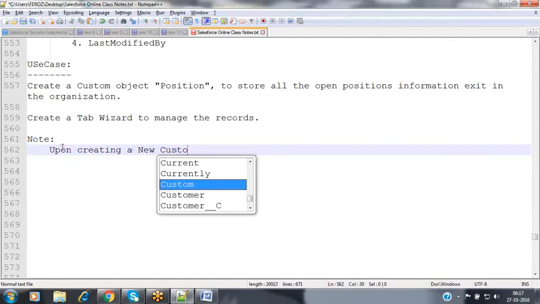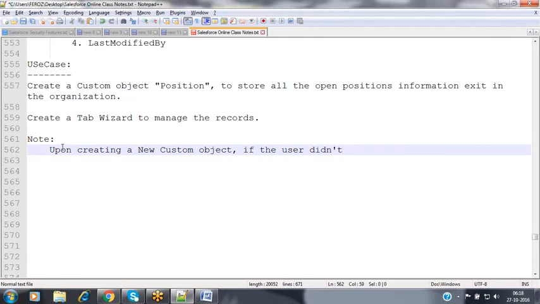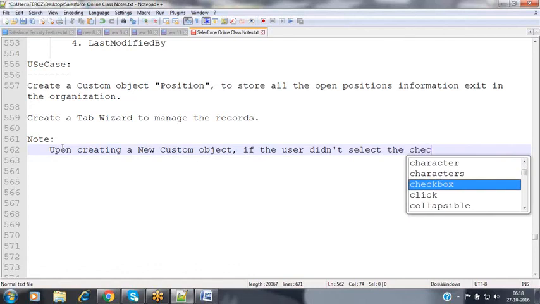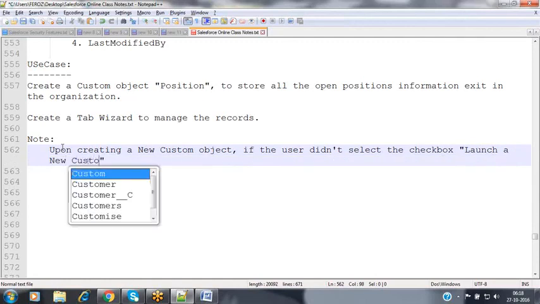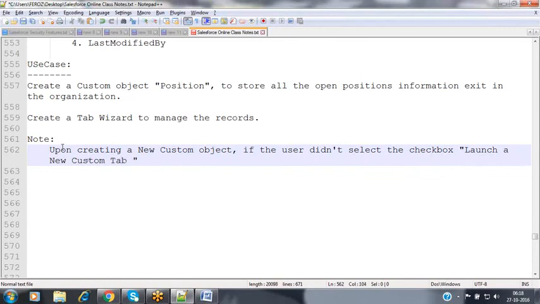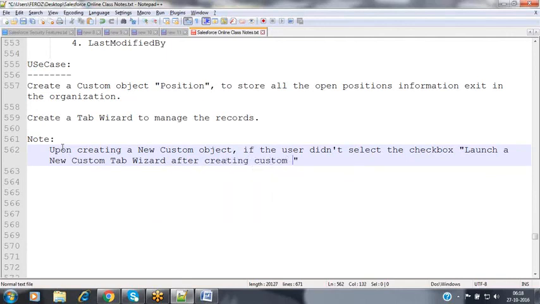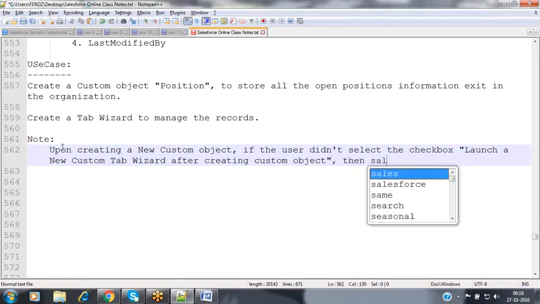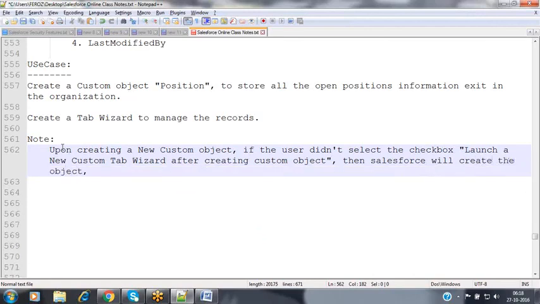Upon creating a new custom object, if the user did not select the checkbox launch a new custom tab wizard after creating the custom object, then Salesforce will create the object, and it will create the table with the API name,